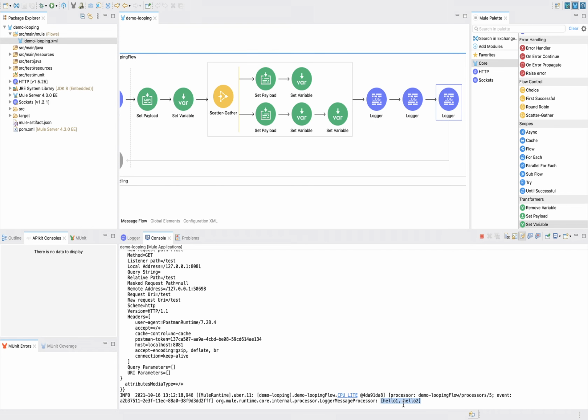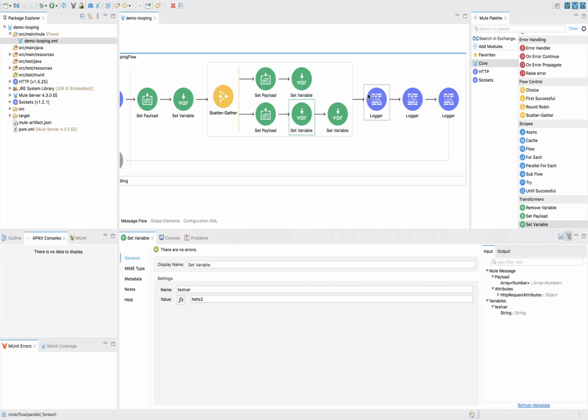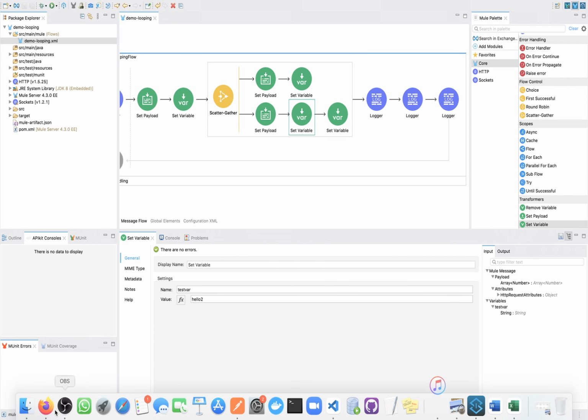So the variable will be hello1 and hello2, and that will be an array. And whatever new variable you created will also exist after this scatter gather. Okay, so we are done with this scenario also.